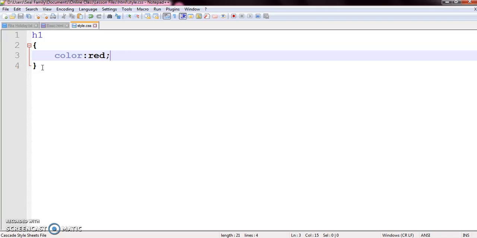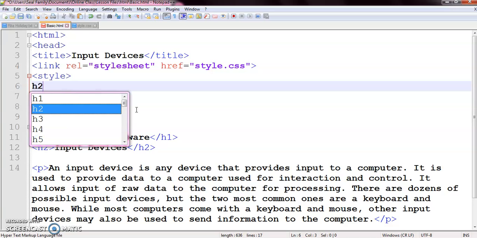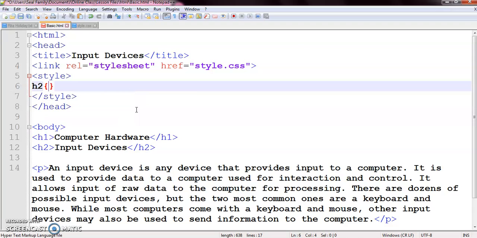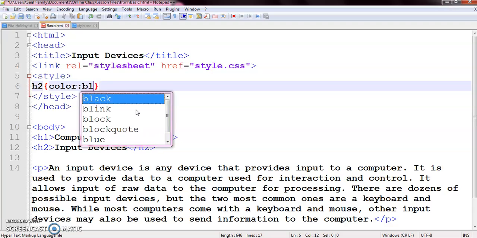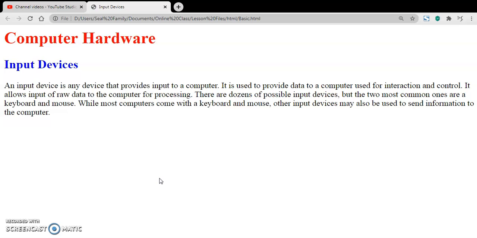The only difference is, for the external style sheet it is written in a separate file, and for the internal style sheet it is written inside the HTML file. So using the internal style sheet, I am going to change the appearance of the h2 element. So I am going to only change the color here and provide a predefined color name. So for this, no linking is necessary because the code is written inside the HTML file itself. So you can change the appearance.